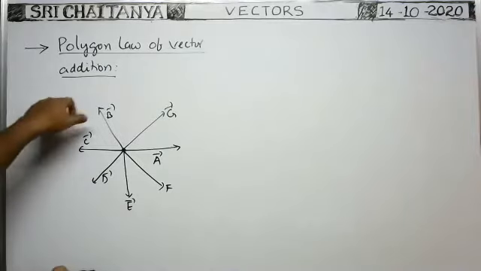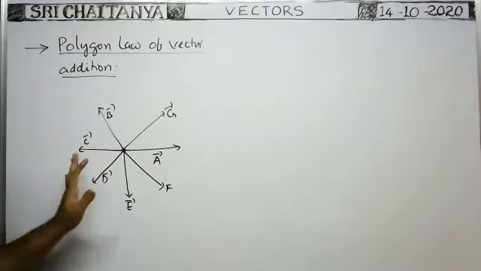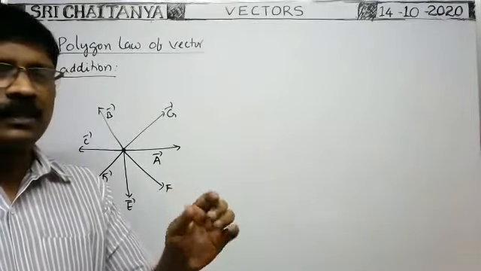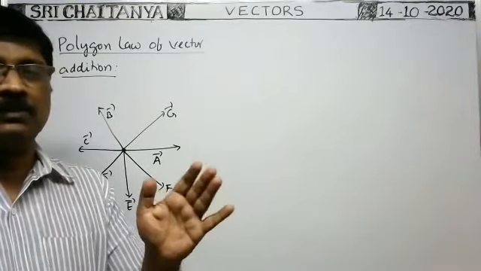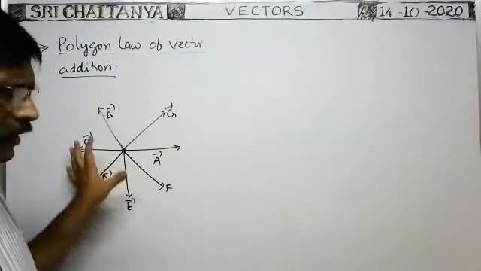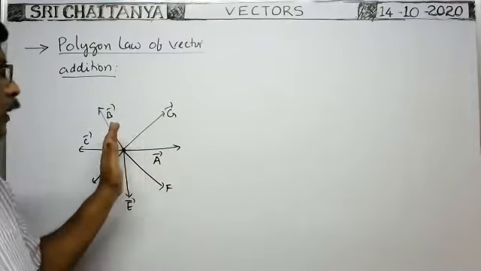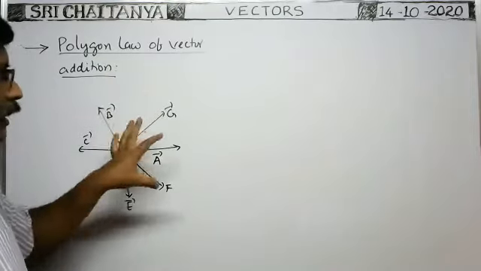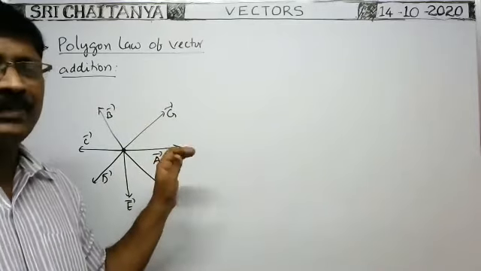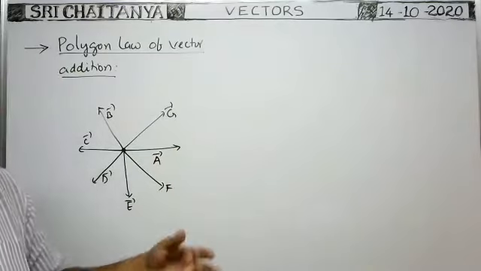In order to find the resultant of all these forces, all of these are given in vector form. Vector form means the given vector is in terms of unit vectors i cap, j cap, k cap, like that. If all the vectors are in vector form, then according to the polygon law of vector addition, you represent all these vectors as the adjacent sides of a polygon taken in order. Polygon means number of sides.